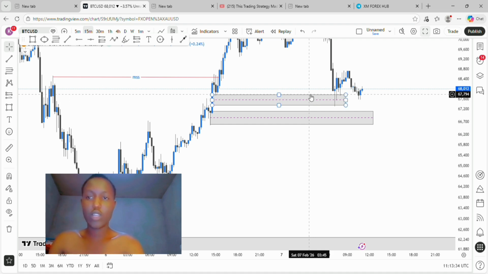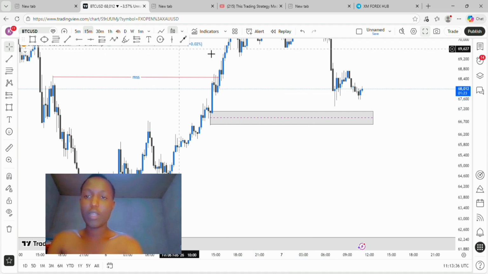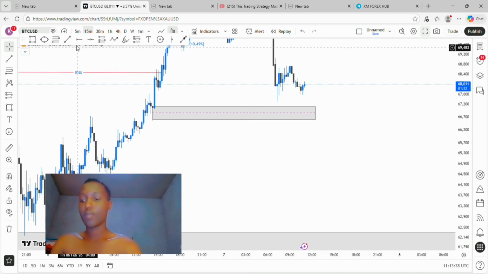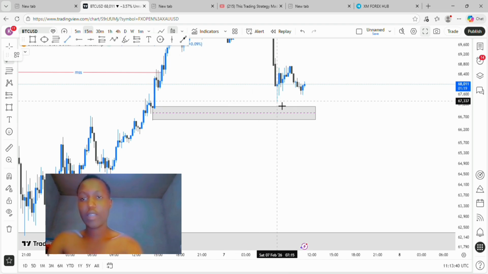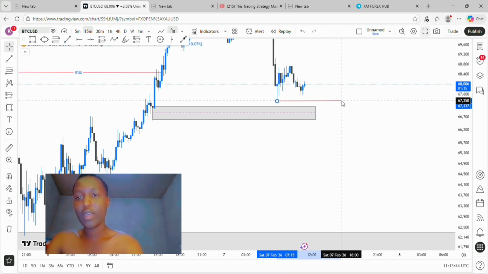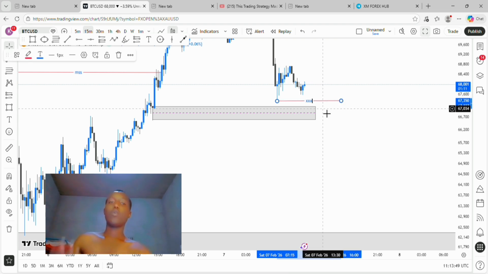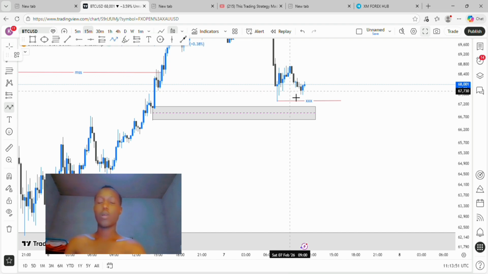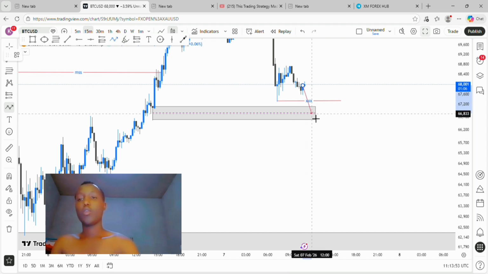Last week I could just buy from here, I end up being taken through liquidity. So this is the liquidity I take. I'm waiting for the market to come back right here, take out this liquidity, then rebound. So if you are also a scalper, you could